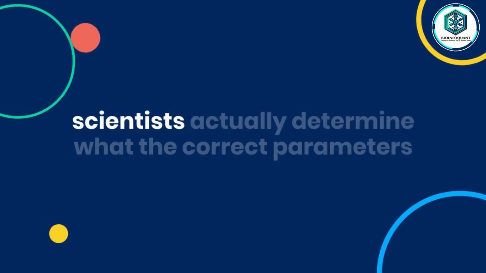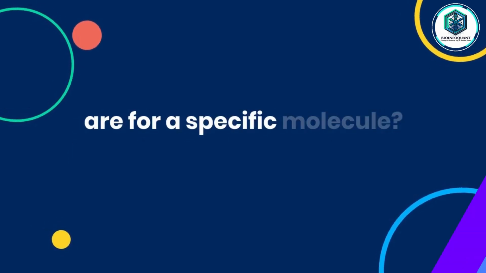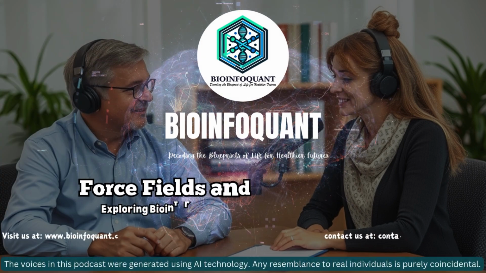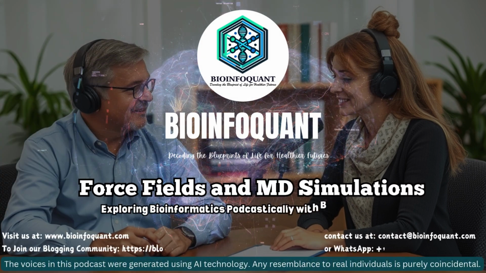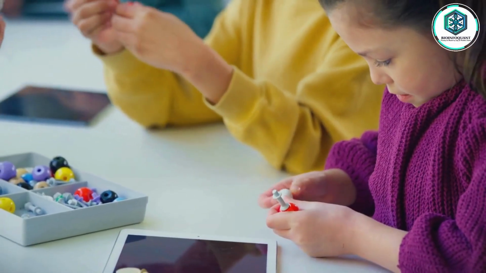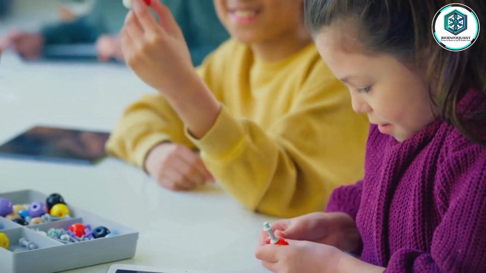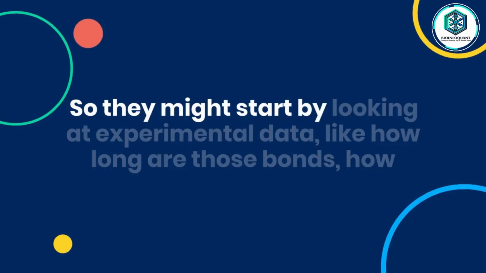So we've got these equations and all these parameters. Right. But how do scientists actually determine what the correct parameters are for a specific molecule? That's the art of parameterization. And it's a crucial part of developing a force field. They basically use a combination of experimental data and some serious quantum mechanical calculations to try and figure out those